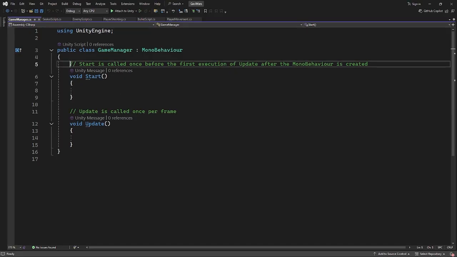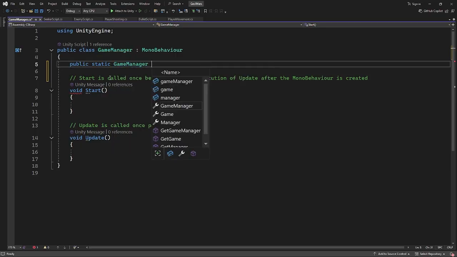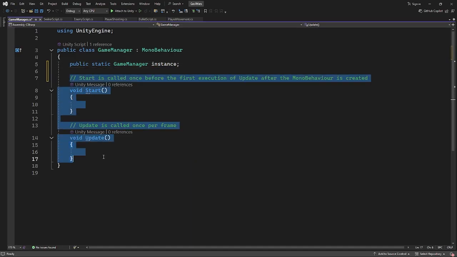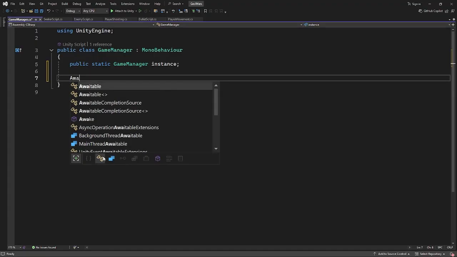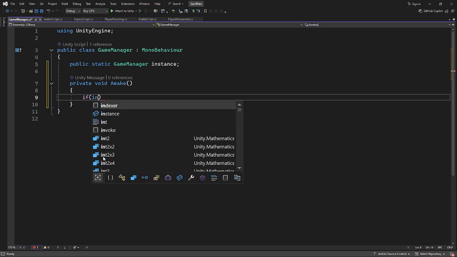Okay, the first thing I want to do is make this game manager a singleton. Making this script into a singleton means that I can access it from anywhere without having to go find a game object or get a component or anything like that. So we start that by declaring a public static, then the name of the class, which is game manager, and then I give it a name, which is usually instance. And then to really make this work, I'm going to clear out these methods and write my own. So in the awake method, I'm going to say if instance